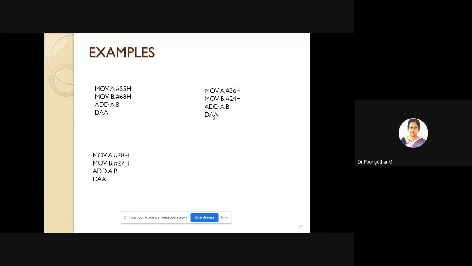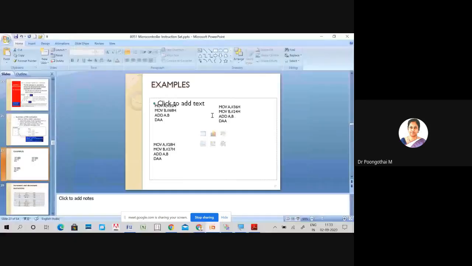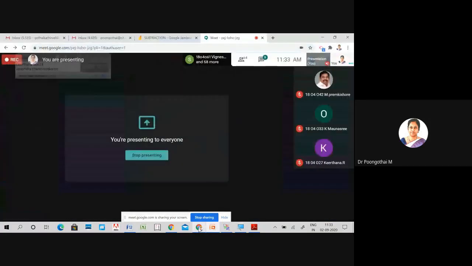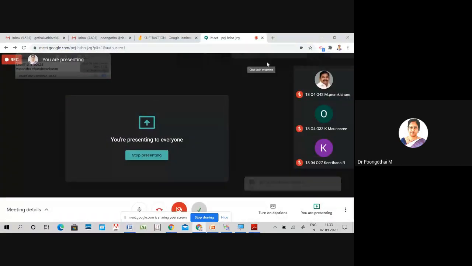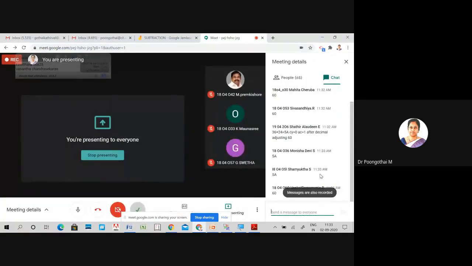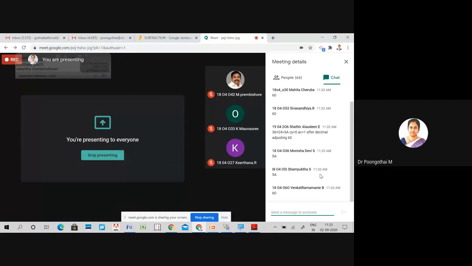What is the accumulator content after the addition instruction, before DAA? The answer is 5A. 5A is the correct answer.